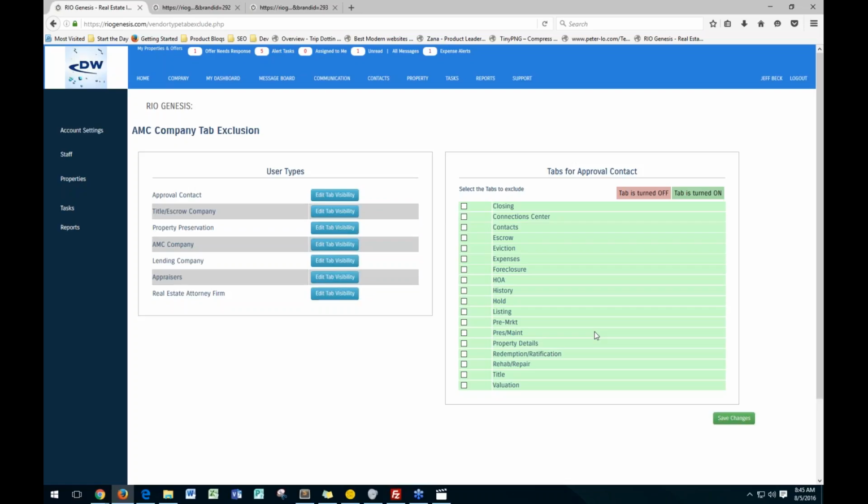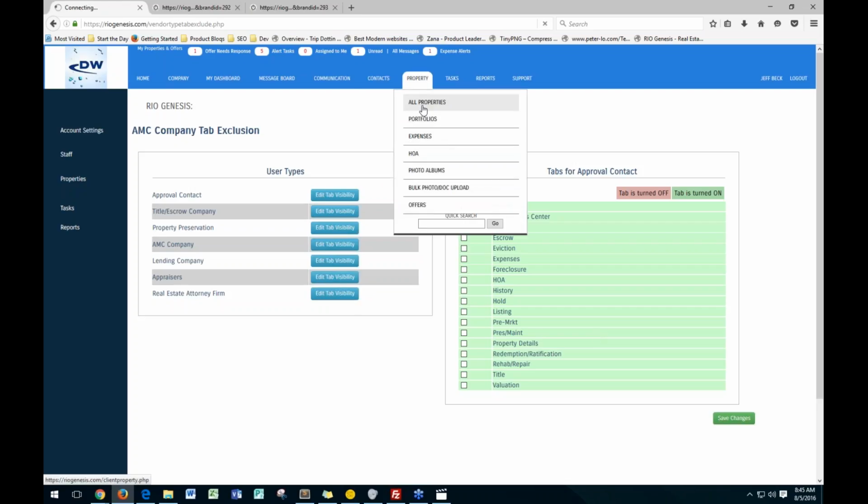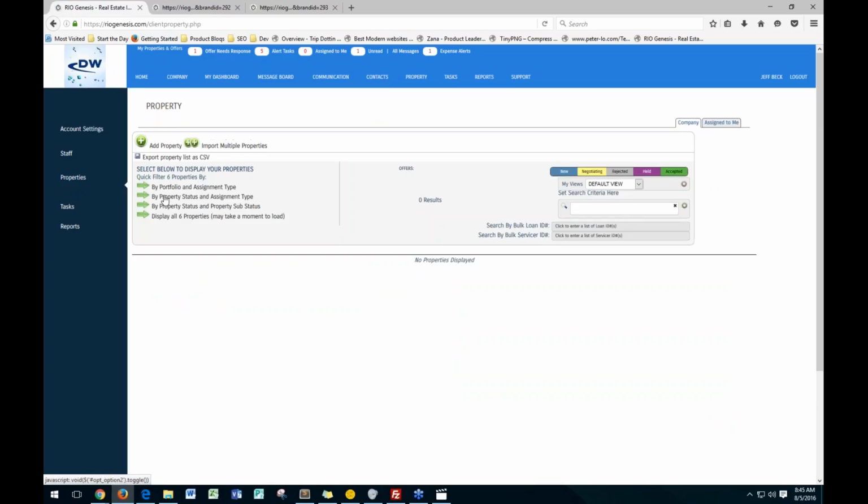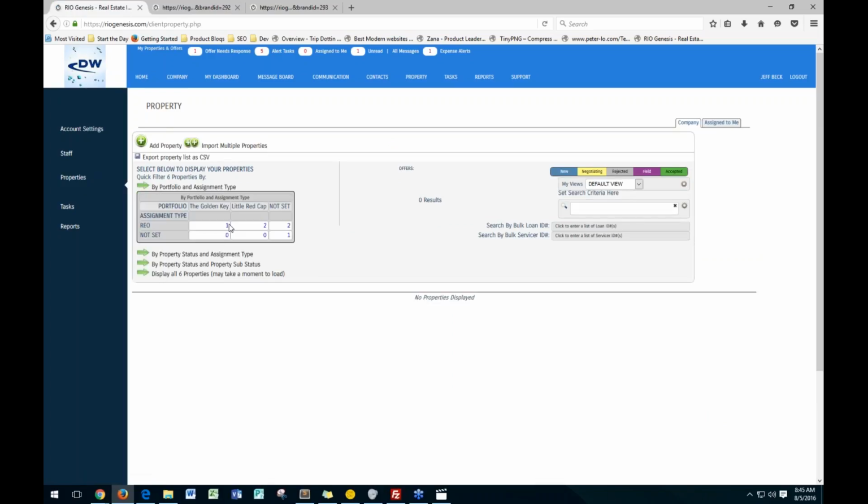So you require them to upload their license and their insurance. Does this system trigger when they're out of date, or can I look at all those docs? What's that look like? Yeah, absolutely. In fact, Trip can take you into an agent's profile and show you that. Trip, why don't you look up